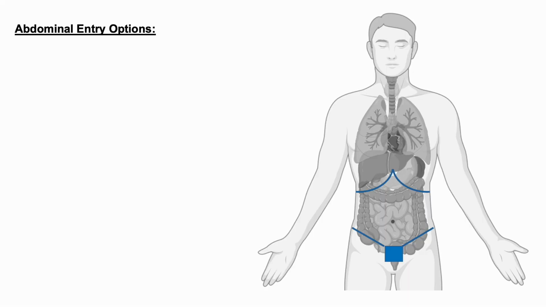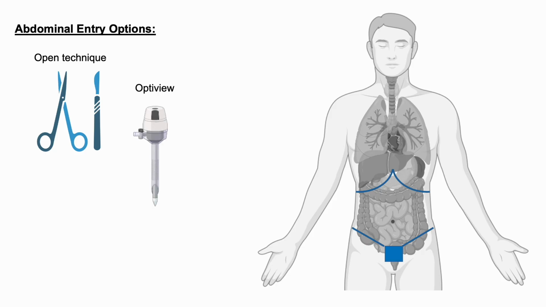There are three general approaches for any MIS operation for which you can get into the abdomen. One is the open technique, second is OptiView, and a third is through a Veress needle. Now we're going to focus first on the open technique here. For a left-sided operation, whether it's a sigmoid, a left colon, or a low anterior resection, I generally prefer actually